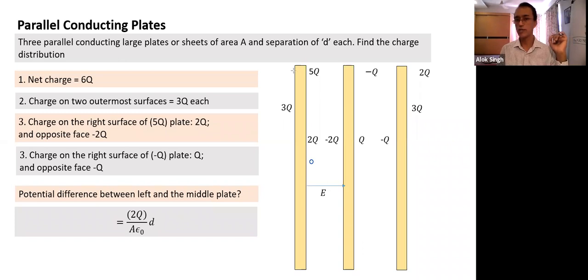And this also is a charge distribution. Is it like a sheet charge here on the left? 1, 2, 3, 4, 5, 6. I can apply the formula sigma by 2 epsilon naught due to each sheet and calculate the field at this point here. But even that I can simplify by adding up all the sheets on the right side together, adding up all the charge on the left side together, and then applying the formula sigma by 2 epsilon naught and taking the vectors.